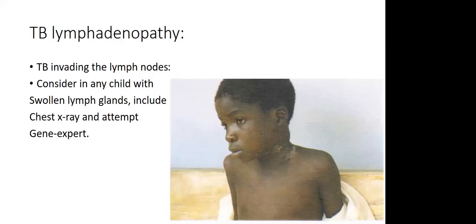So another form, TB lymphadenopathy. Any child with very swollen lymph glands, you should be thinking about TB lymphadenopathy. The medical name for that is also scrofula. Very swollen glands, very common in the cervical region and sometimes in the submandibular region as well. Quite swollen glands behind the ear. And when you palpate them, they're usually firm, sometimes painful. This little guy's got a bit of discharge coming out from just underneath there as well.